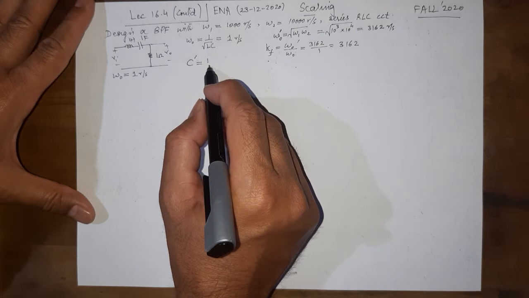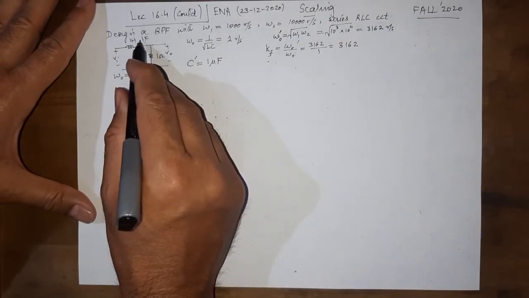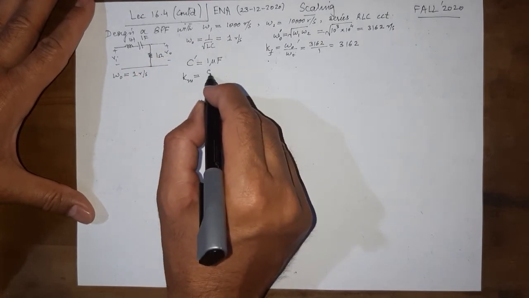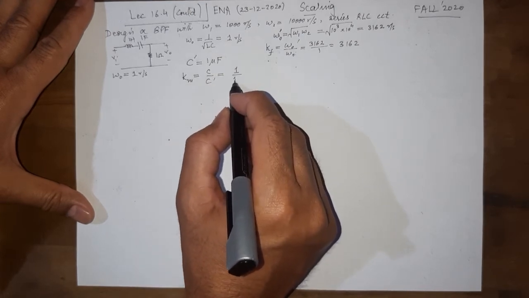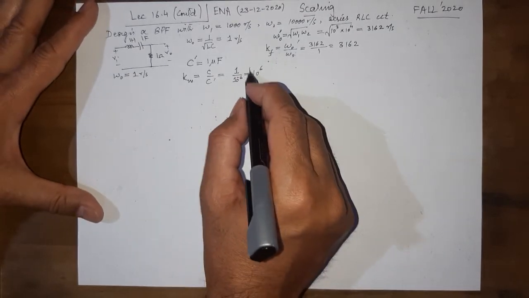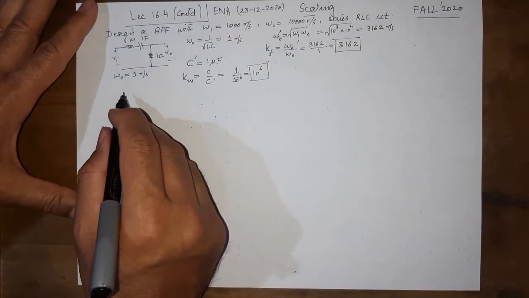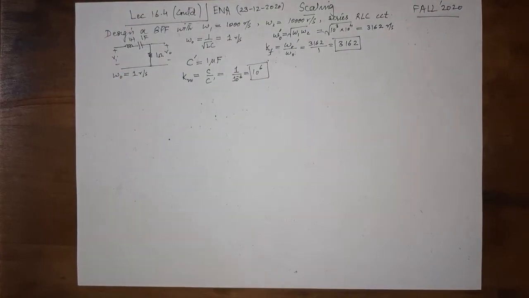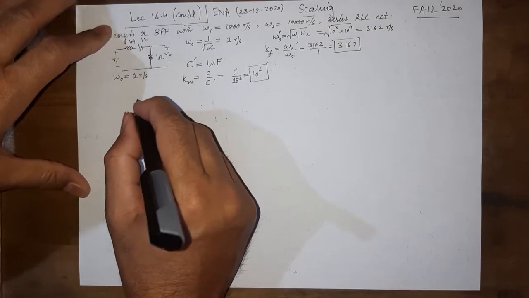So let us say we have a 1 microfarad capacitor. So this is the new value. These are the current values. So this gives us Km. Km is equal to C over C dash. This is equal to 1 over 10 to the power minus 6. That is 10 to the power 6. So this is Km. This is Kf. And now we have the circuit, we have the values. We just need to find the new values, and finding the new values through scaling will give us the answer. That's it.